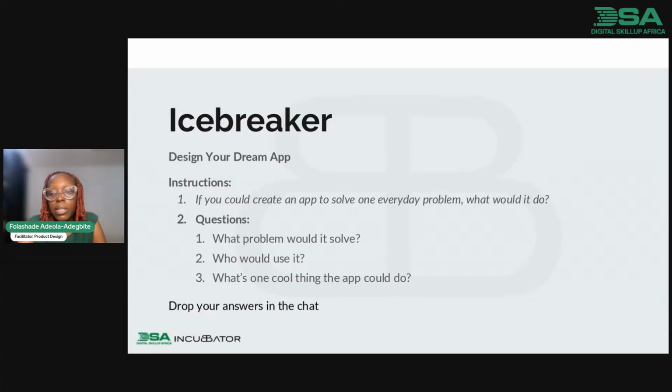Elizabeth says that she would create a transportation app for students, where students can pay bus drivers. Okay. Emmanuel says an app where users can save, invest, and manage their money at the same time. Okay. Simon says that he will create an app that allows users to know how a product looks on them before purchase, for instance a makeup product that women can use the app for. Nice one.